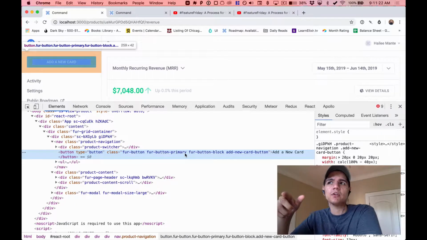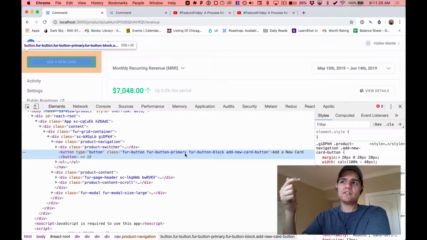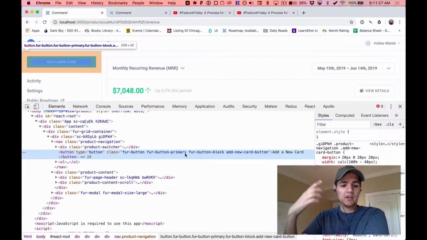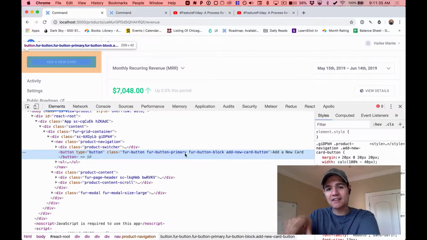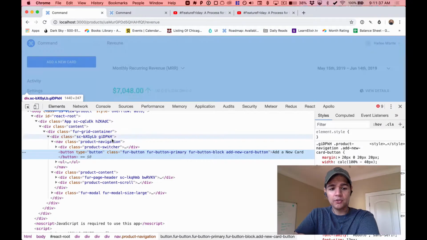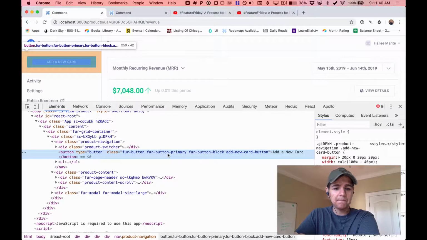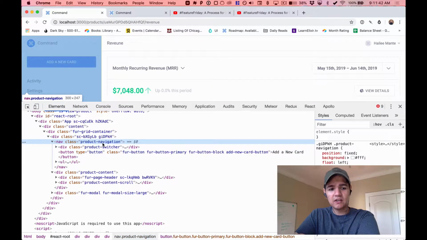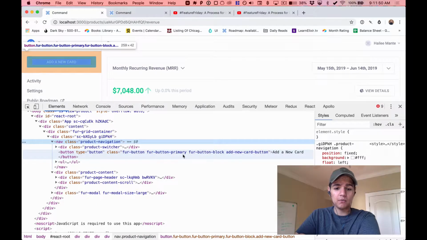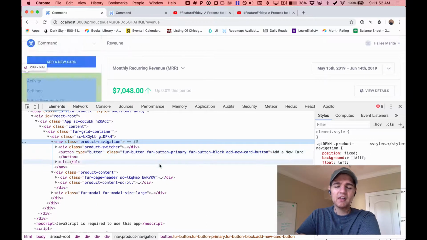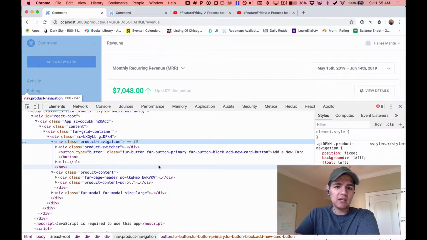Let me say that in another way. So my end-to-end test is trying to say click through there, click this thing. So I'm saying click or run a click handler on product navigation dot fur button primary. So if I do that, that means that that test is 100% dependent on those class names and that structure staying the same. So that means that I can't necessarily change product navigation's name to something like just navigation. And if I wanted to give this button a more specific name, like here I've got add new card button, any changes that I make to those values are going to affect my test